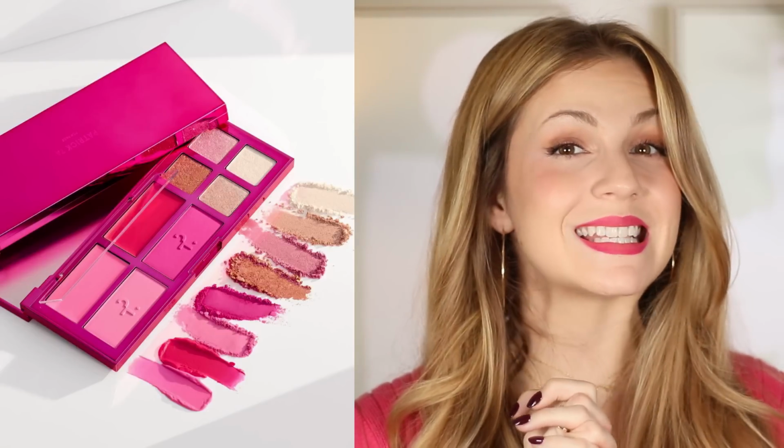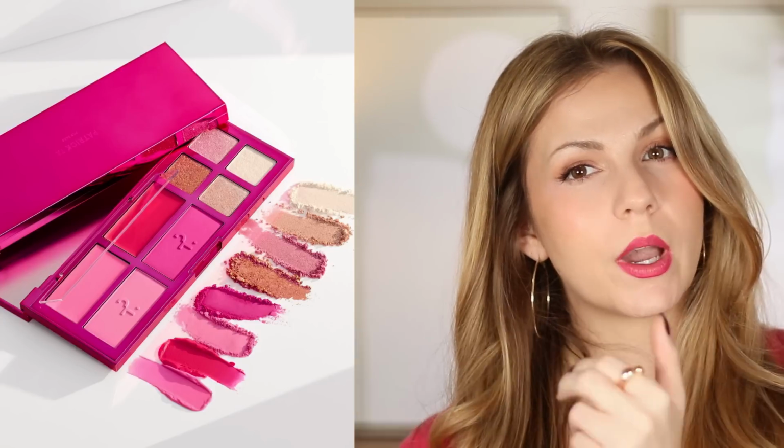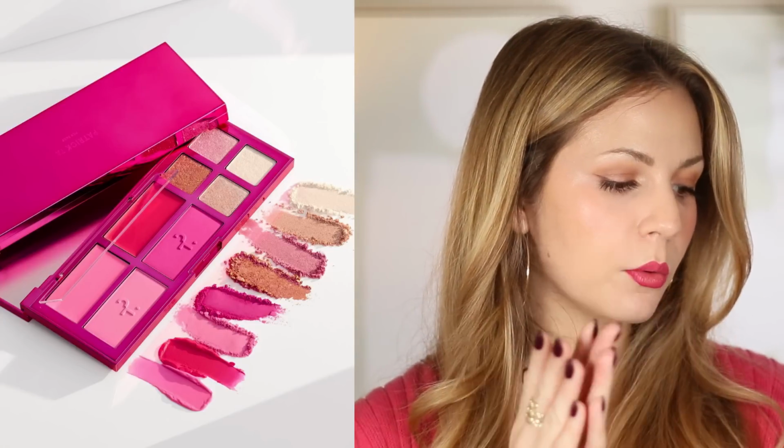My pink vibe today kind of matches our next launch, the Patrick Ta Holiday Palette. This retails for $65 and has a variety of face and eye shades. So like most Patrick Ta cheek palettes, you have the mixture of the cream products and the powder products. And then on the other side of the palette, you have the shimmer shadows. I will say right away, I'm drawn to this because it's pink and pretty,